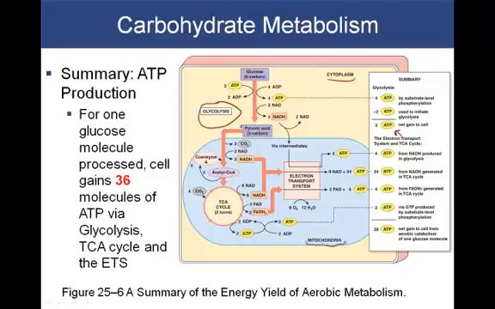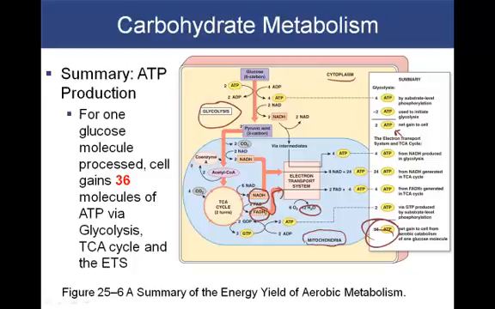Here's your mitochondria. And those molecules are going to enter the TCA cycle. The TCA cycle is going to produce NADHs and FADH2s. And these 2 coenzymes are going to enter into the electron transport, where you get the production of water and that little byproduct of the concentration gradient that ultimately yields the rest of the ATP.